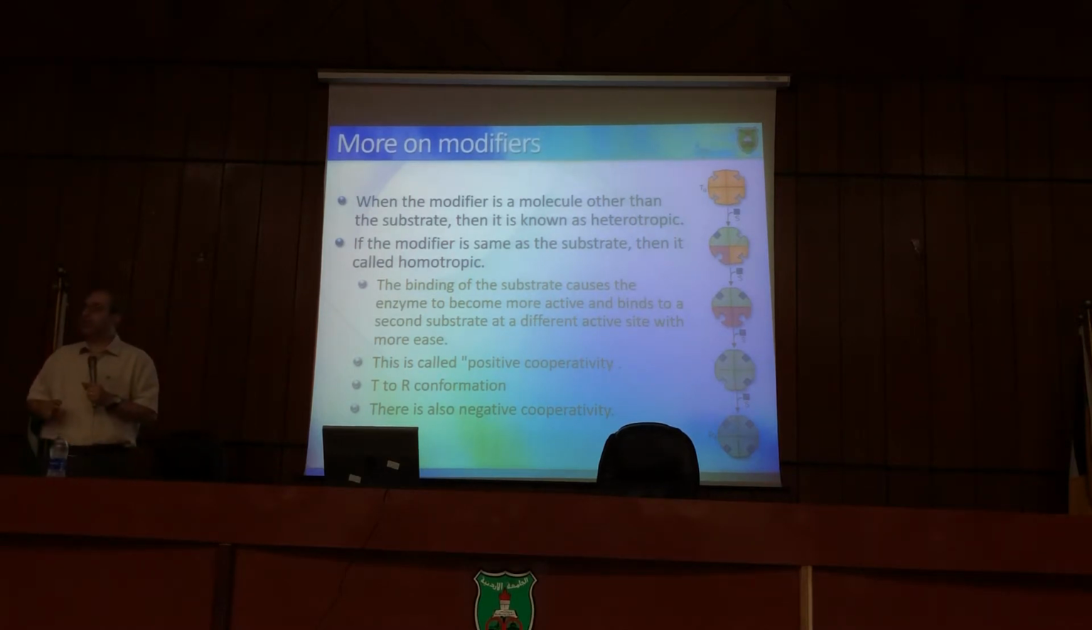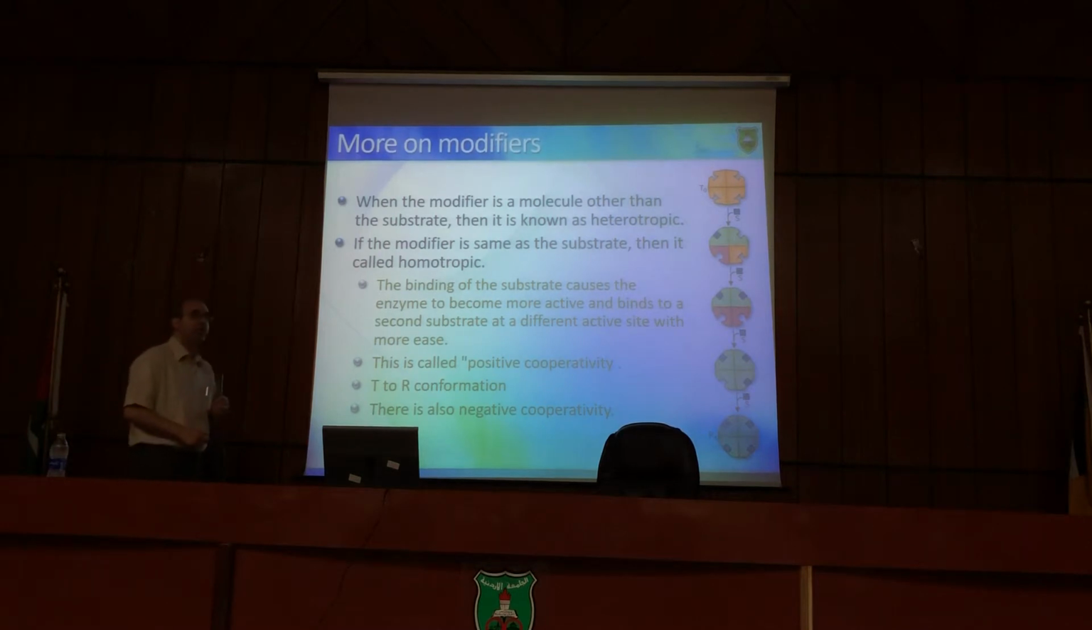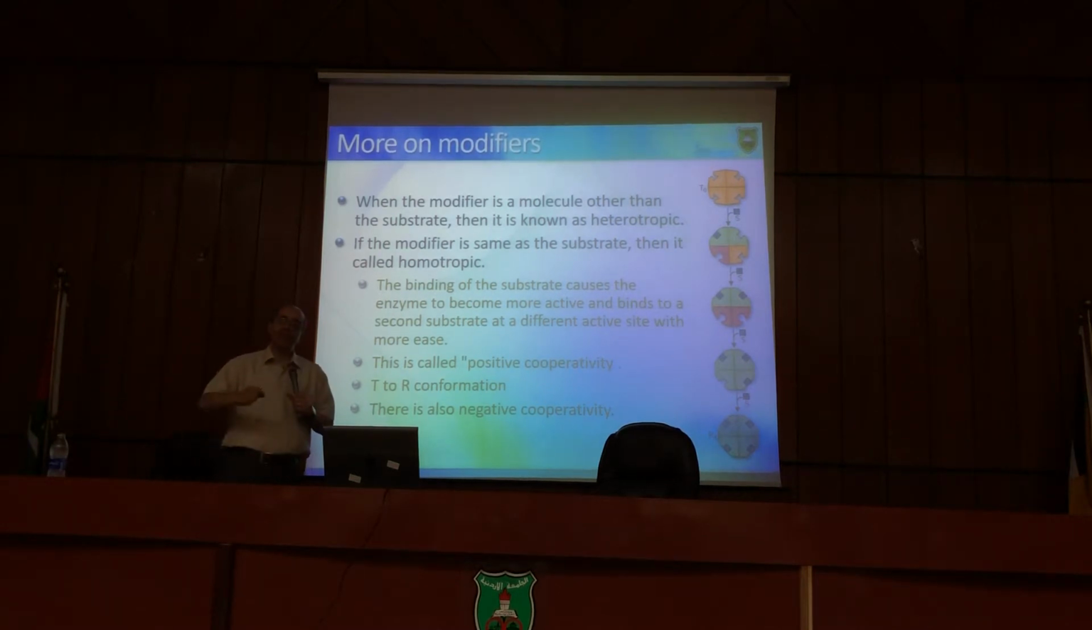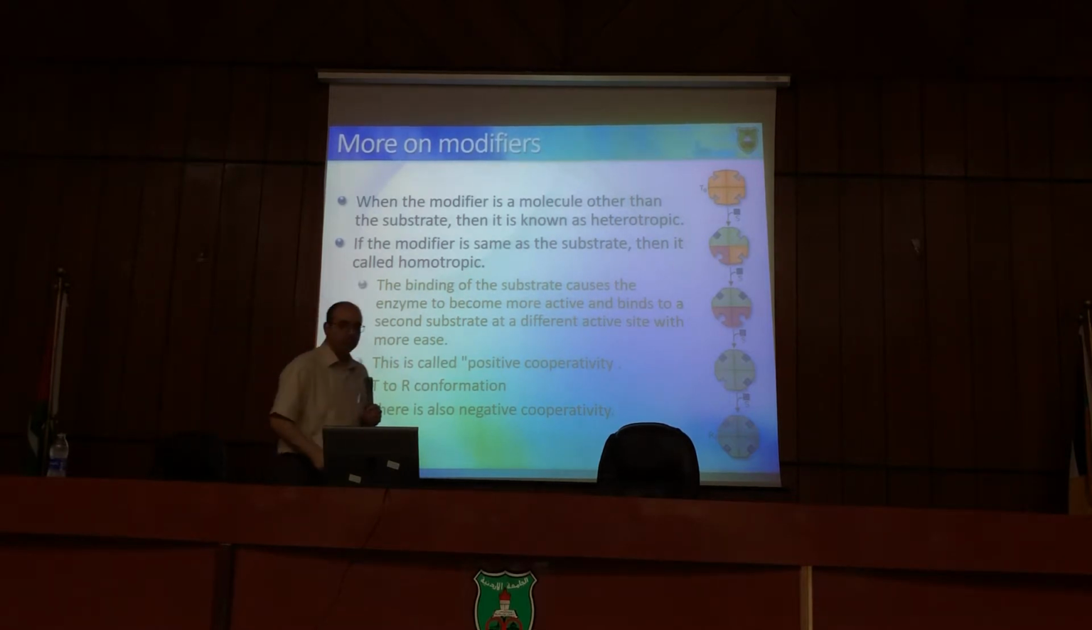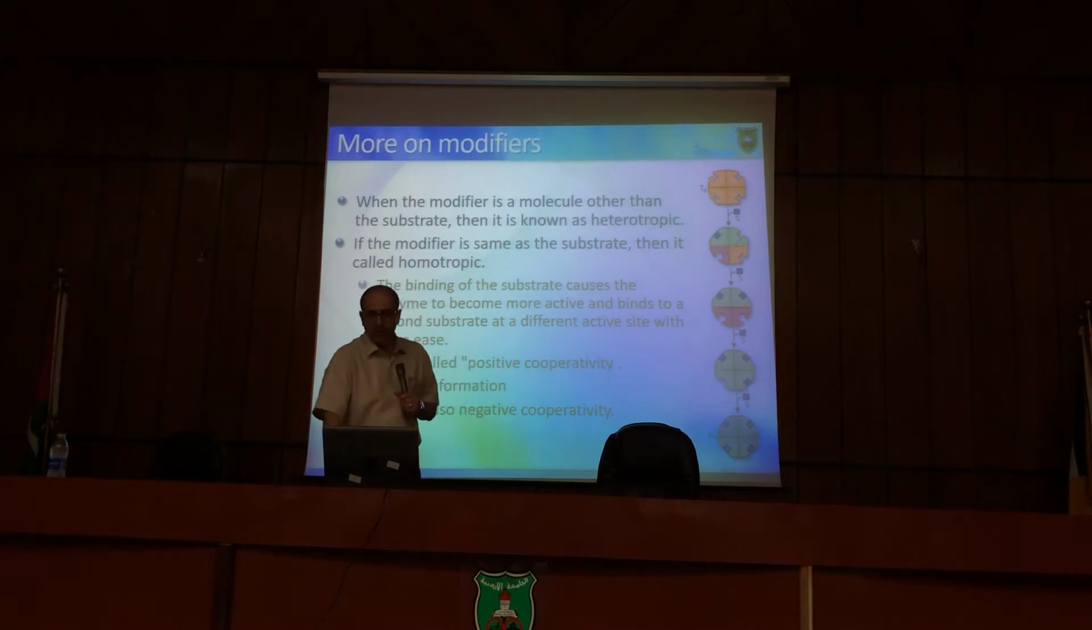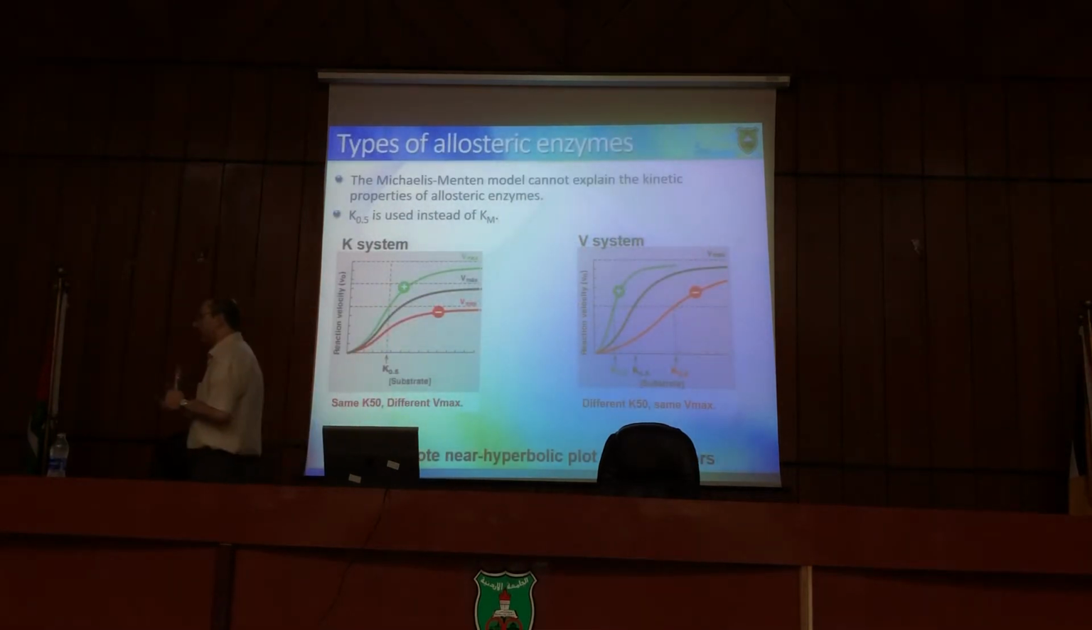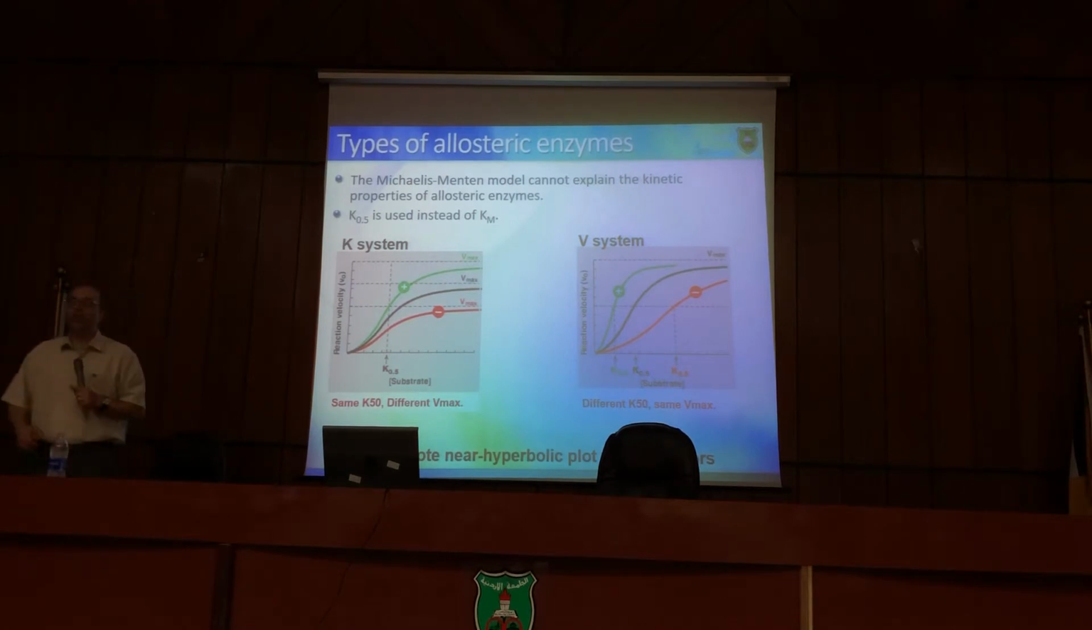Since they are allosteric, there is cooperativity. And this cooperativity can be negative or it can be positive. Again, okay? So either increasing substrate affinity or increasing the catalytic efficiency of the enzyme, or decreasing either one. So these are the modifiers. Now, these allosteric enzymes follow one of two patterns. They either follow a system known as the K system, or they follow a system known as the V